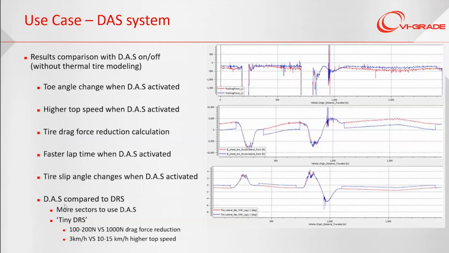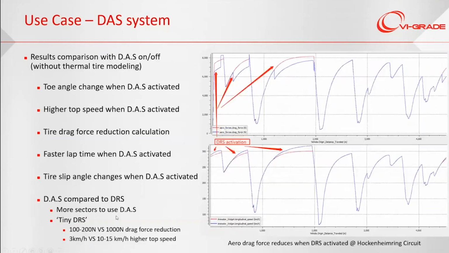So here we have made a comparison between DAS and DRS. Here we can see that DAS can only reduce 100 to 200 Newton of drag force, but the DRS system can have more than 1,000 Newton drag force reduction. So finally, DAS has not improved the top speed very significantly compared to DRS, but it's also very helpful to improve the lap time because you will have more sectors to use the DAS system